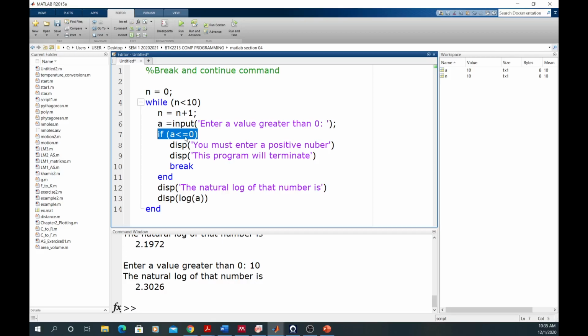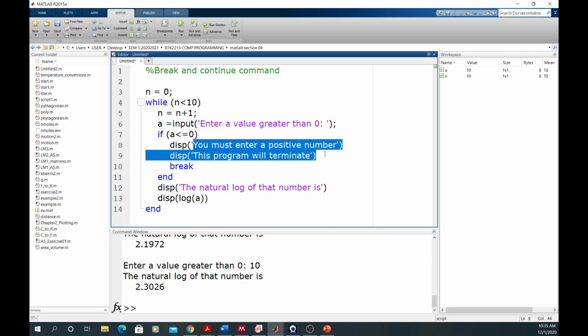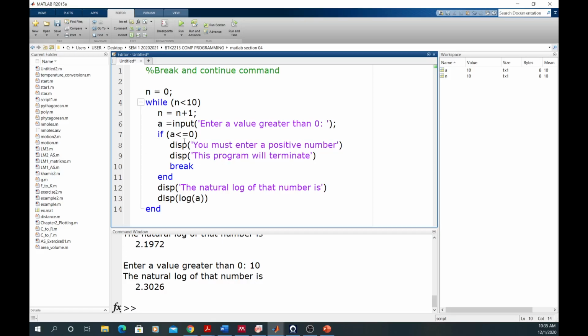So less than or equal to 0. If the number is negative or 0, it will display this statement. Else, if you enter a positive number, it will calculate this natural logarithm. So this break we use